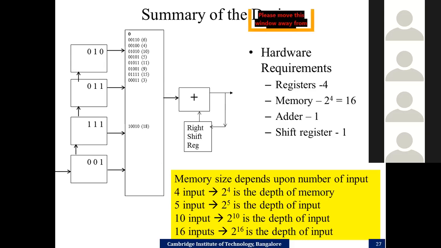Excuse me, sir. Yes, madam. In place of this adder and shift register, for example, for the 16 possible combinations of 4 bits, can we have 3 more such variations which will also perform multiplication by 2 raised to 0, 1 and 2? The lookup table size will increase by 3, but this adder and shift register would not be needed. Yeah, you are correct.